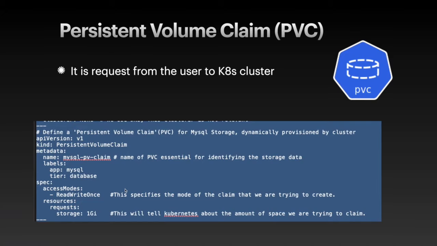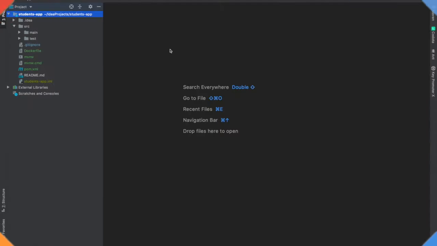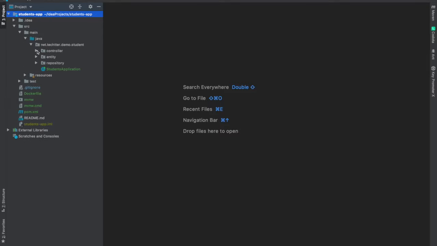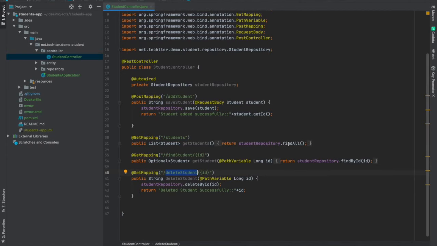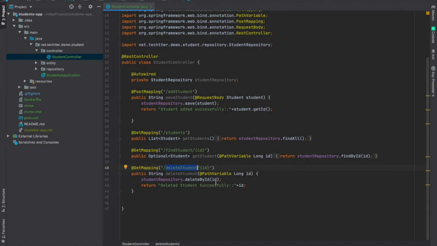Now let's get started with the actual demo. You are seeing my IntelliJ IDE screen. Here I have a very simple Spring Boot application, that is a students app. This Spring Boot application uses a MySQL database to insert the students' information and retrieve it whenever we want. So it contains very simple classes like the usual controller, which will have some endpoints to retrieve and update the students' information in the MySQL database. So it calls the students repository,